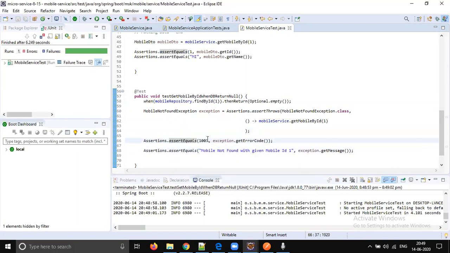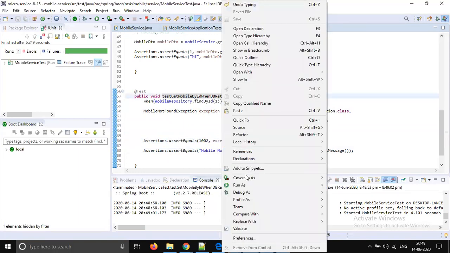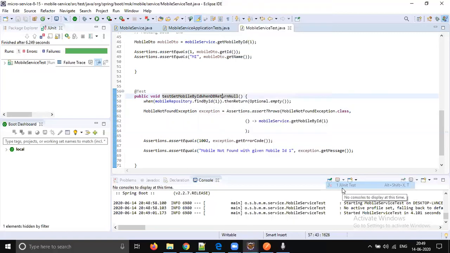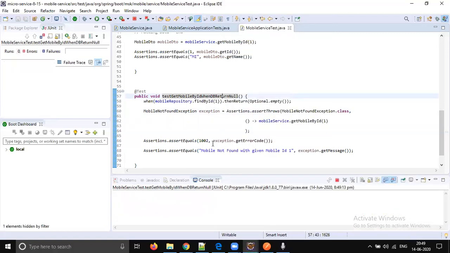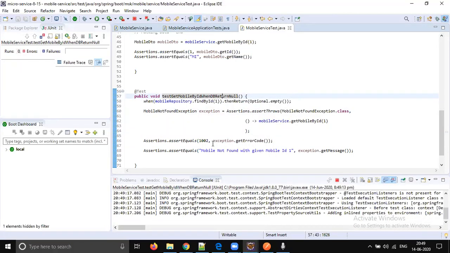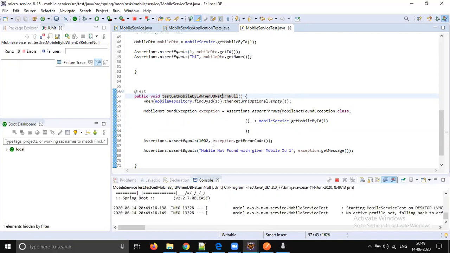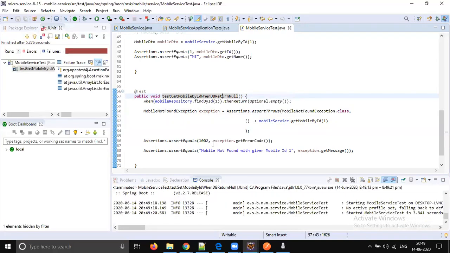For example, if you expect a different code, this test case will fail. This is what a perfect unit test looks like with respect to Spring Boot. Expected 1002, but actual is 1001, right? So the actual error code is 1000.